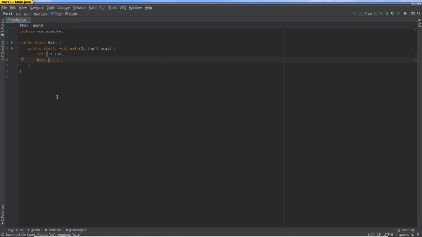So if you notice, the IDE has underlined this entire statement, right? And what is the statement? Basically anything that terminates in a semicolon, or a block like this. So this code is underlined, and let's mouse over it. If you mouse over it, you see required type is byte, that's the left hand side, but you've provided an int. Okay, so another useful thing, and this is why I wanted you guys to use an IDE, whether it's IntelliJ or Eclipse or something else, is that it also provides you some sort of solution to your problem, right? So it says cast to byte.